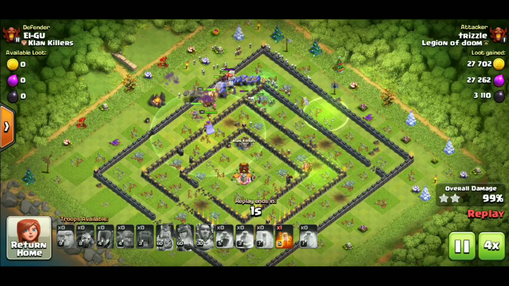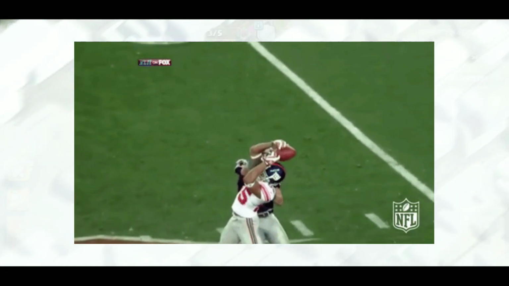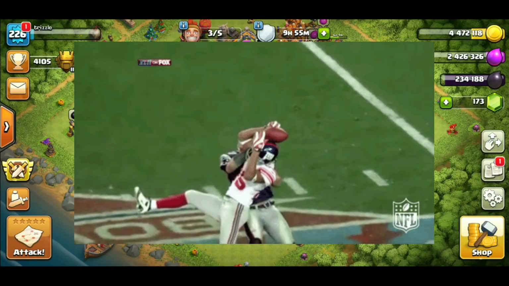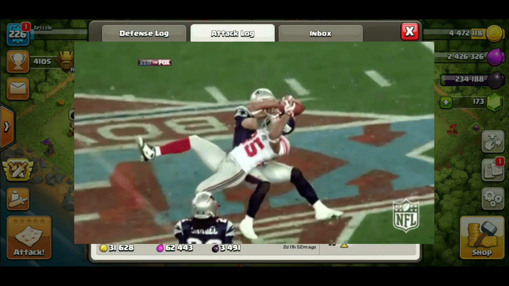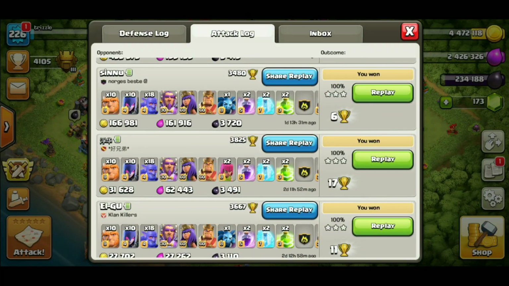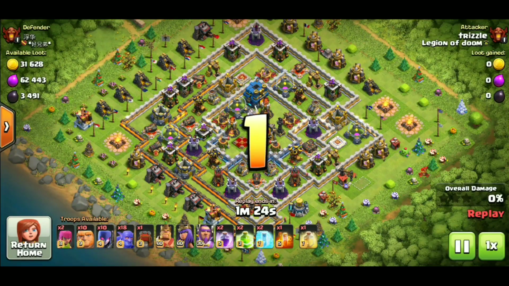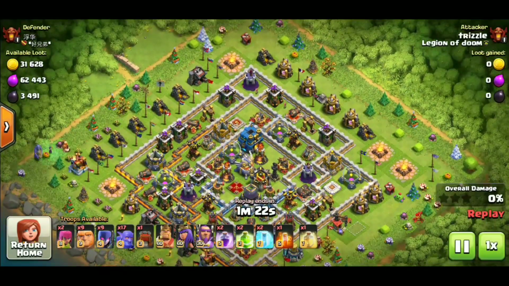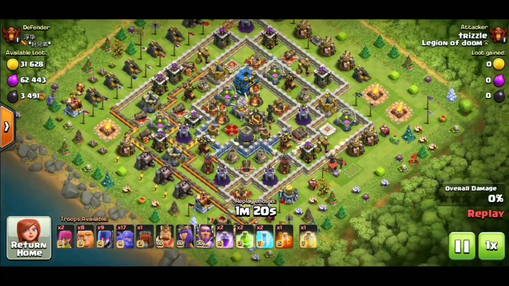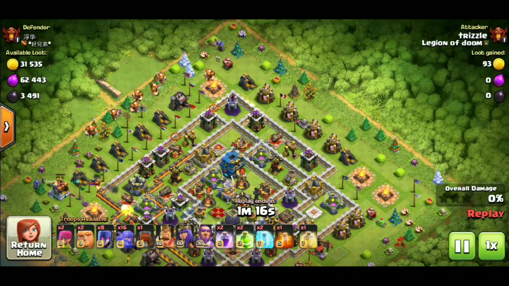This is one of those attacks that if you find an open base, you can almost guarantee that you're going to 3-star. You just have to make sure that you, of course, practice and get those fundamentals down. So that's going to bring us to the next attack, and this one was another fairly strong base. We're going to be going in on the top left hand side,